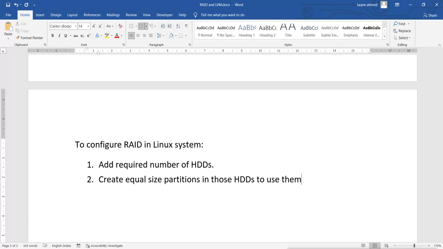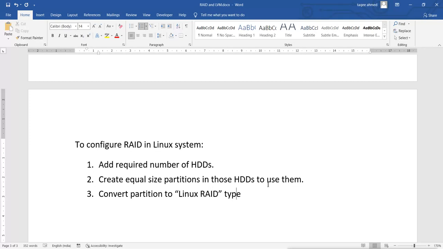After creating the partitions, what we will do is convert the partitions to Linux RAID type. Remember, when we create a partition in Linux, it creates a normal Linux partition.